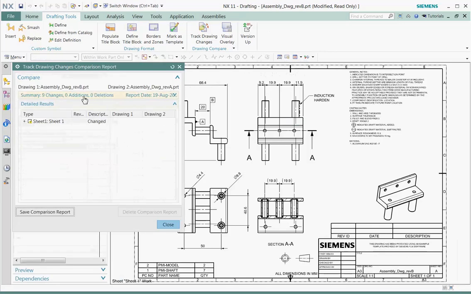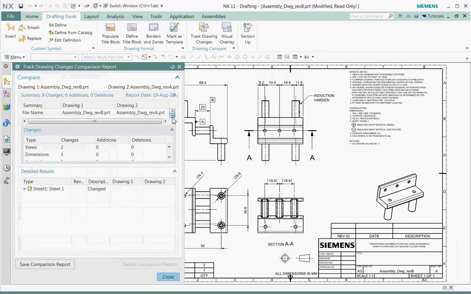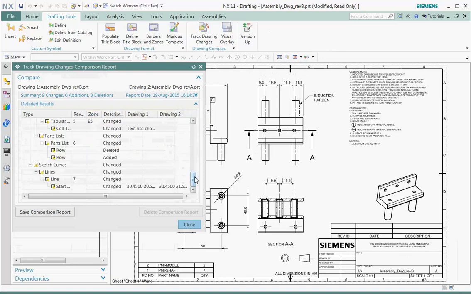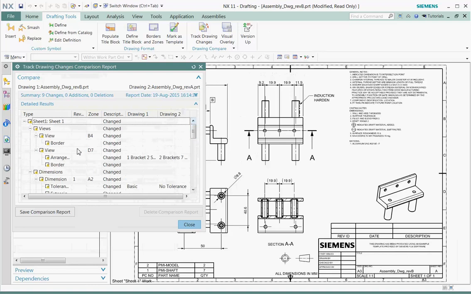What that tells us is what the two drawings are and how many changes there are. So there are some summary reports, some changes, and some additional information we can access. We can click on some of the report data information, then expand that and see some of the changes. As we expand that, we see all these changes, such as border changes,